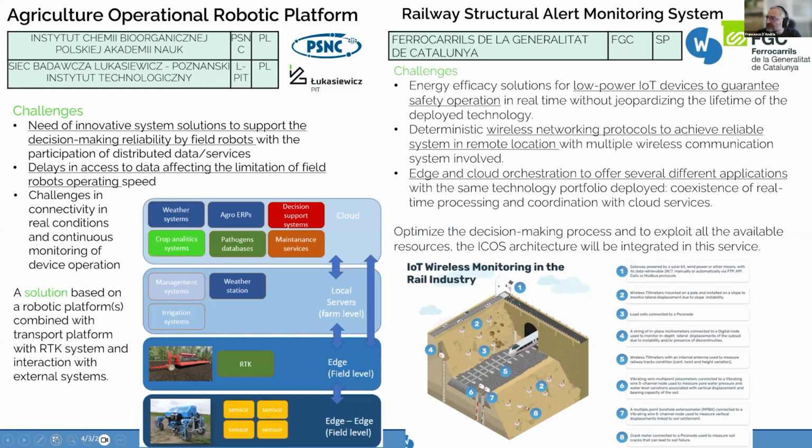The second is the monitoring of railways, where we need very low latency, and also in this case we have low power IoT devices that are far from cities and need to be managed in the right way, and also in terms of managing the network for ensuring that relevant data will reach the cloud infrastructure for further analysis.